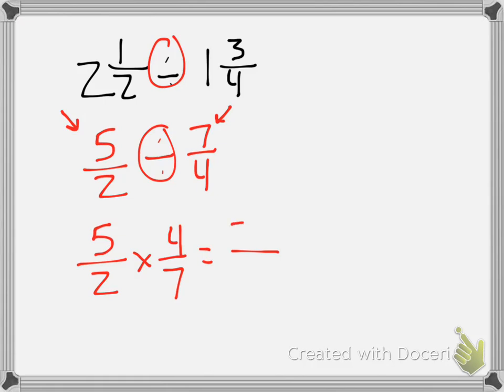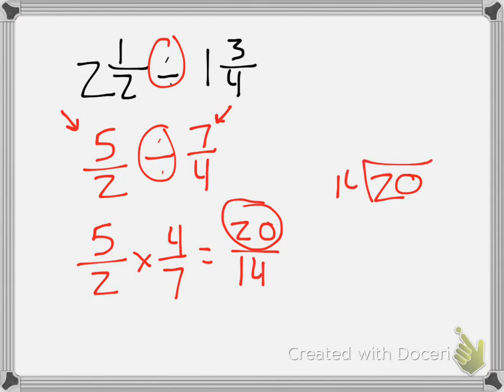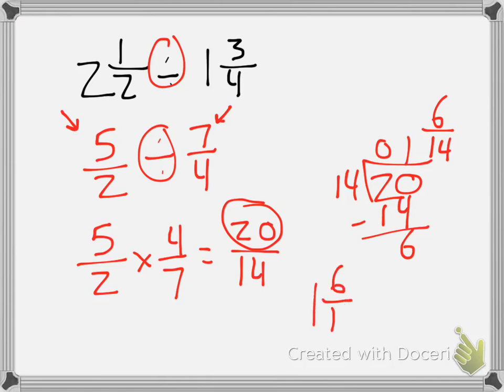But 5 times 4 is going to give me 20. 2 times 7 is going to give me 14. Again, the numerator is larger, so I'm going to divide 20 by 14. 14 doesn't go into 2, it goes into 20 once. You get 14, subtract, you're going to get 6. 6/14. So my answer is 1 6/14. That is a correct answer, but it's not in simplest form. So I'm going to divide both of these by 2 and get 3/7. And so my final answer in simplest form is 1